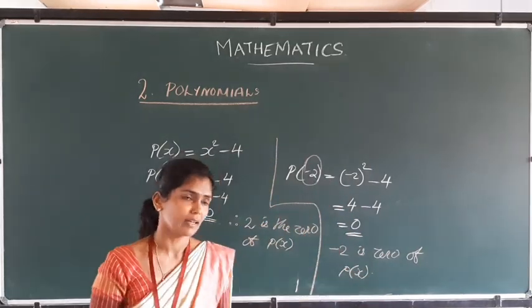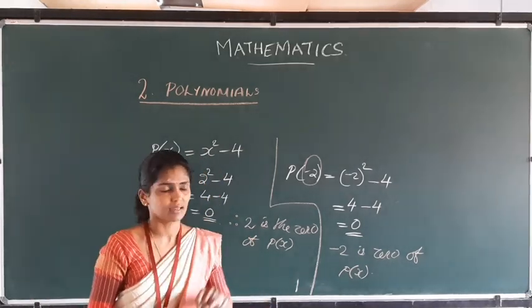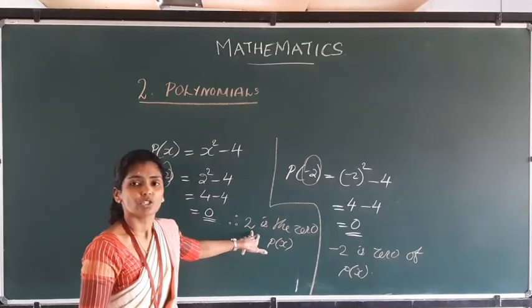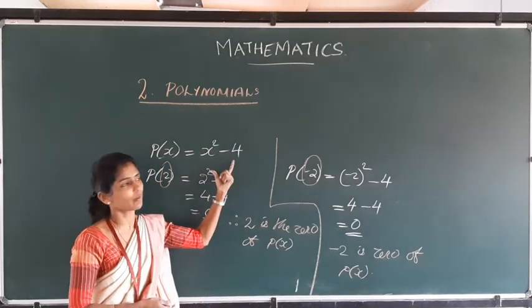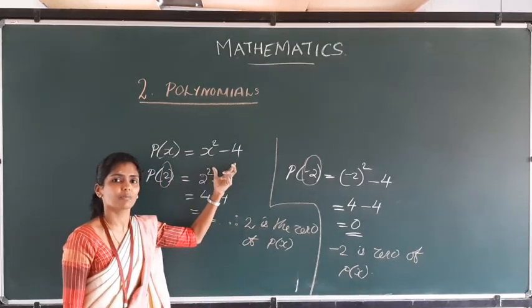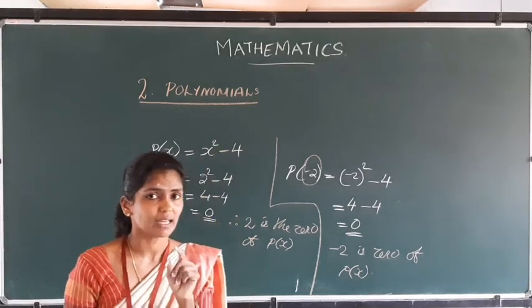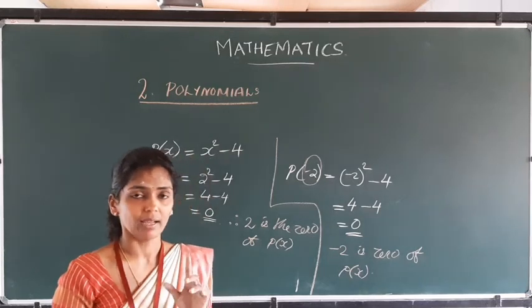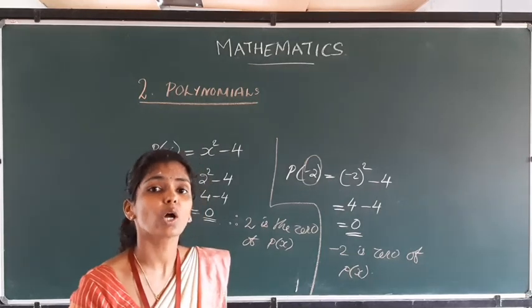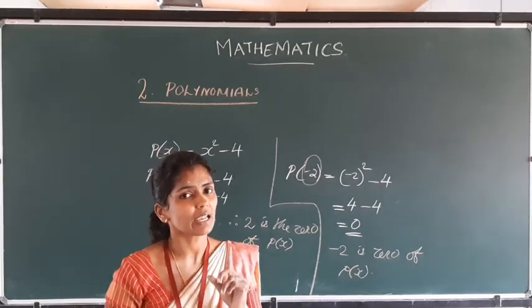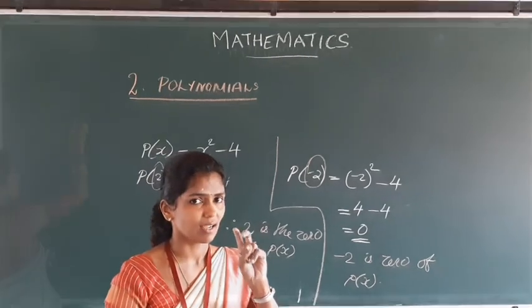What is the meaning of that? In the above example, we saw that only one root is there. Here, 2 is a 0. Minus 2 is a 0. What is the speciality of this polynomial? This polynomial is a quadratic polynomial. Quadratic polynomial means degree is 2. Just remember that in a linear polynomial, a unique solution is there. Unique solution means only one 0, only one root. But in the case of a quadratic polynomial, at most 2 zeros are there.